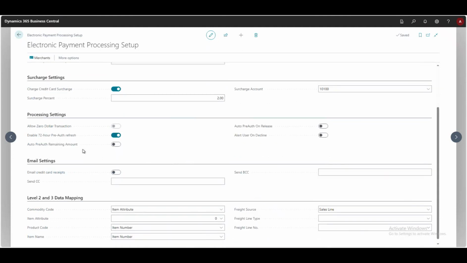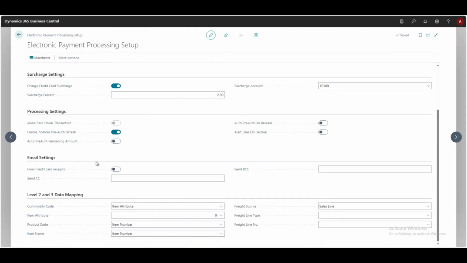Under processing settings, we've added a few different processing options that you can enable based on your needs. For example, enable 72-hour pre-auth refresh adds the ability to automatically refresh pre-auths over 72 hours old upon capturing. Another example would be auto pre-auth for amount remaining, which automatically pre-auths the remaining amount on an order when partially